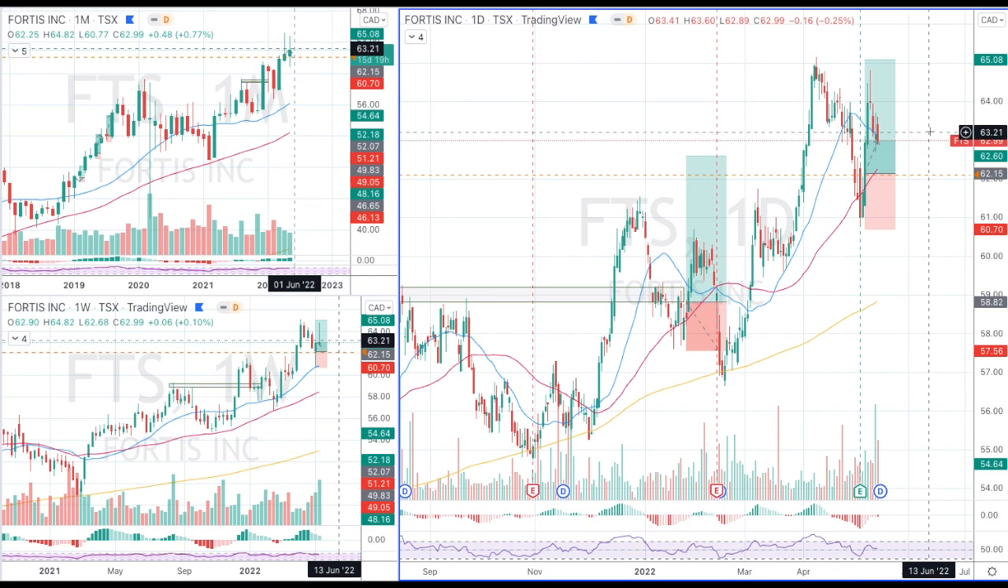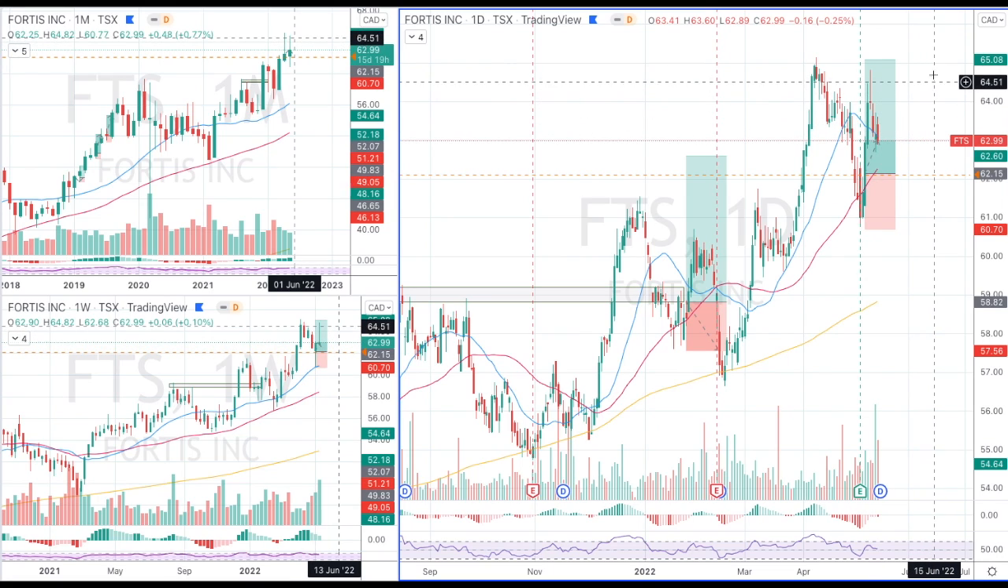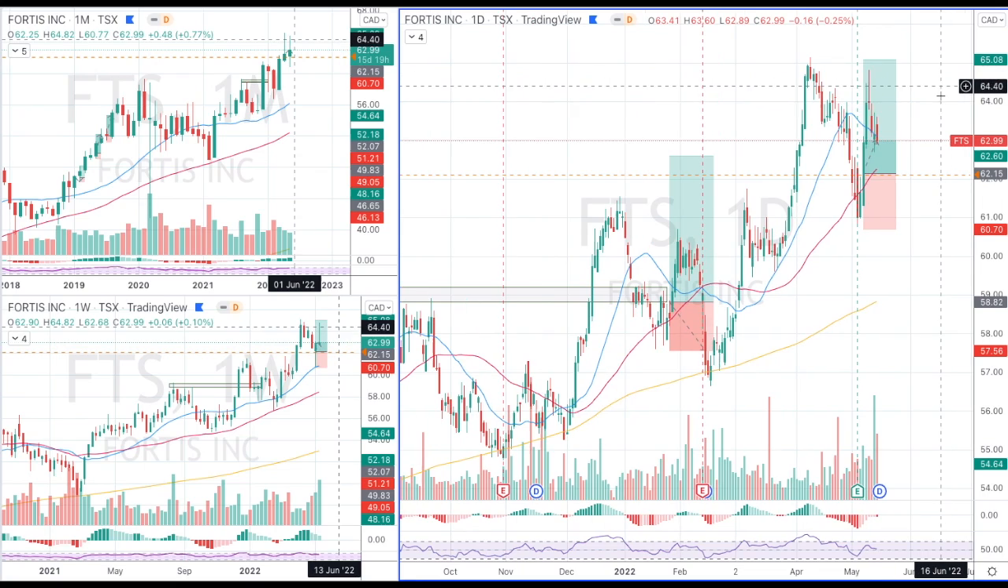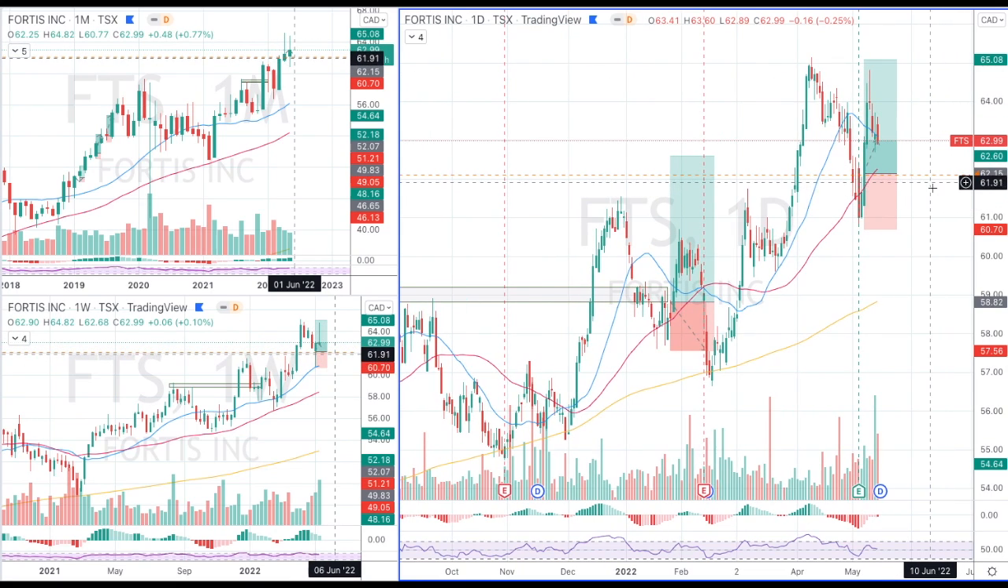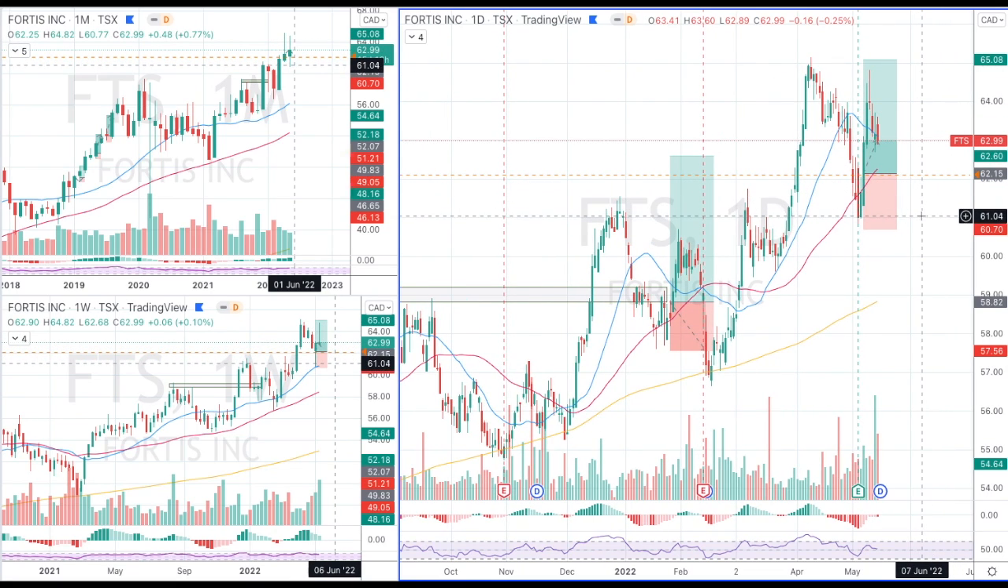So we could see some strength if the market puts in another bounce, and we'll see what happens if it comes up and tests the $65 area. I mentioned the other week that I'd be interested in maybe entering this if it came down and put in